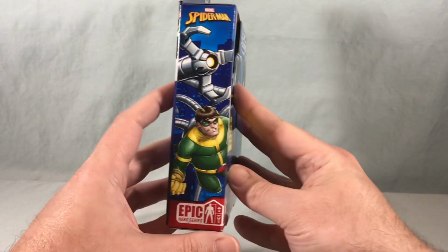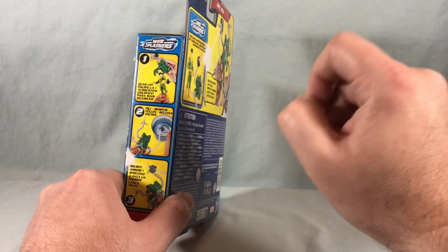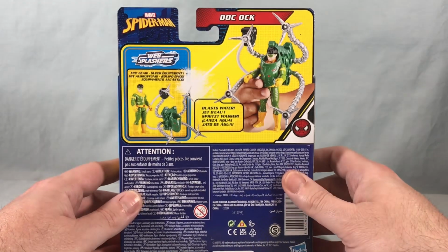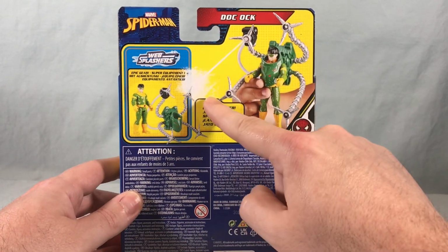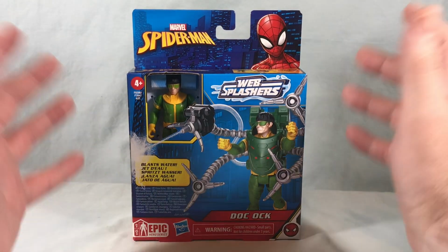We have some nice artwork of Doc Ock on this side. Over here, telling you how to use it. It's one of those that uses suction to fill it and then uses the squeezing to propel it out. Very common for water-based toys. But yeah, so here we go. Here he is again on the back, showing the water splashing gimmick, and then just some product shots of the figure and the apparatus over here. So pretty basic packaging. I'm going to go ahead, get everything out of the box, and we'll take a closer